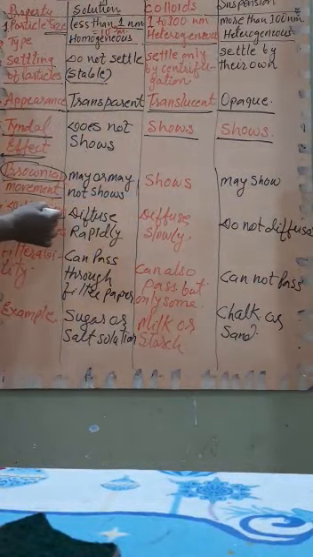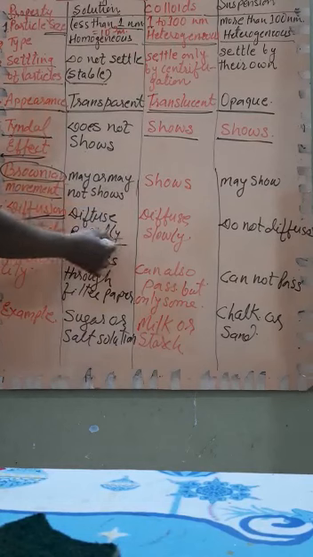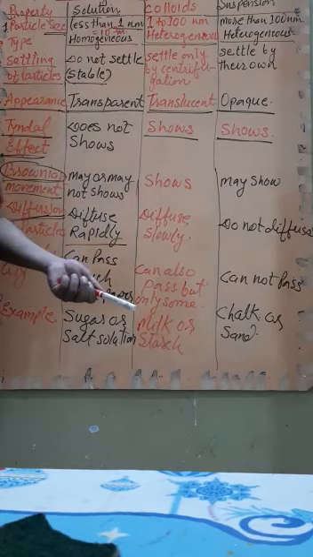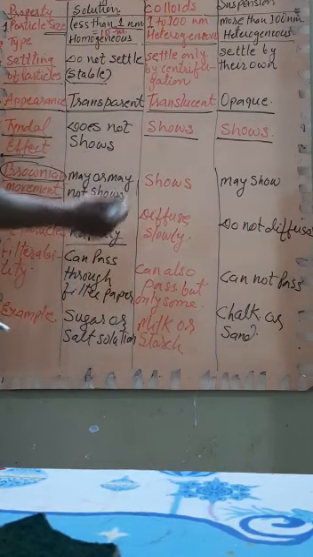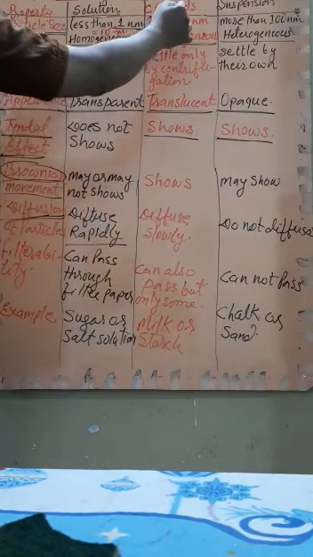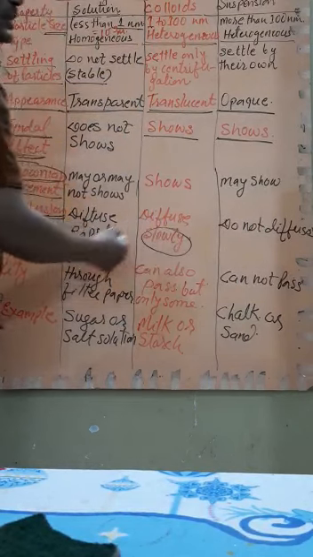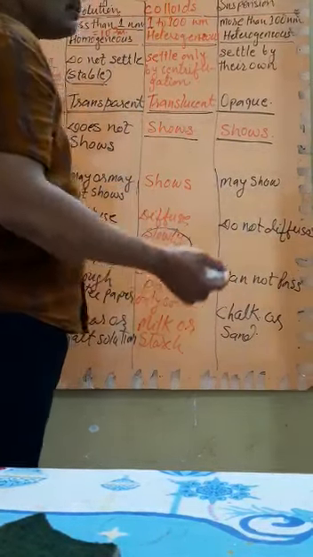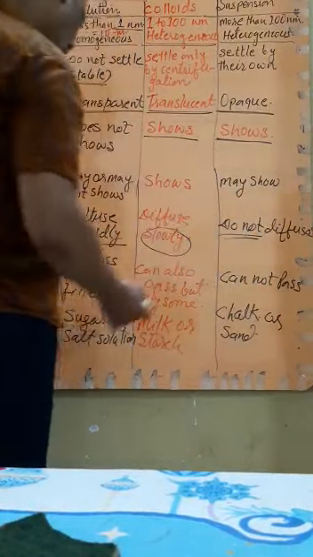Next one is diffusion of particles, that is, movement of particles. In solution they diffuse rapidly. The particle size is so small and they are so light that they can diffuse very easily. They can move here and there. But colloids are bigger in size, therefore they diffuse, but very slowly. While in suspension, the particle sizes are very big and they are quite heavy, therefore they do not diffuse.